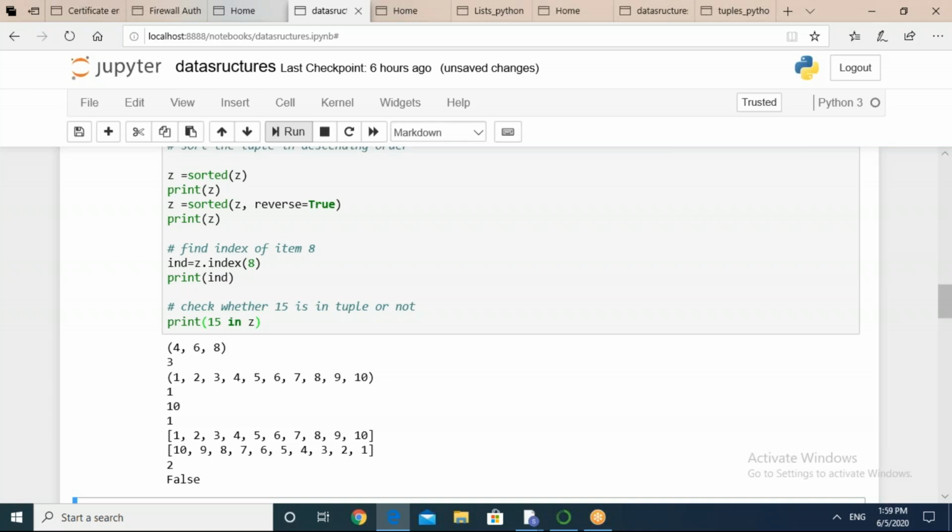Okay, last question I am giving to you. You just find out sum and average of tuple items. Take a tuple and find out sum and average of tuple items. You can create a tuple of, let's say, 10 items or 5 items you take for just quickness. Take a tuple with 5 items, find out its sum and average. Just check it out.